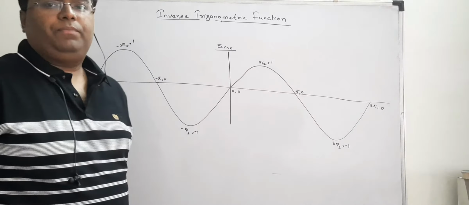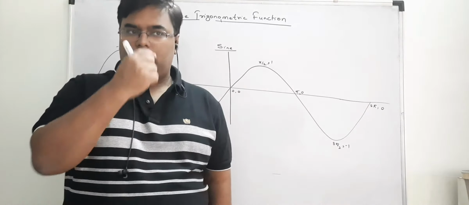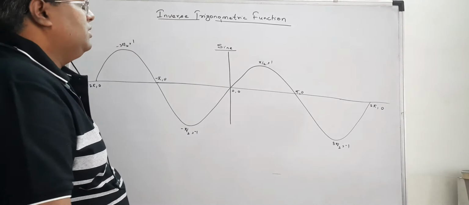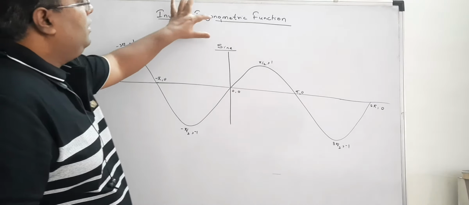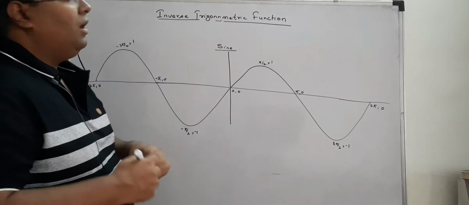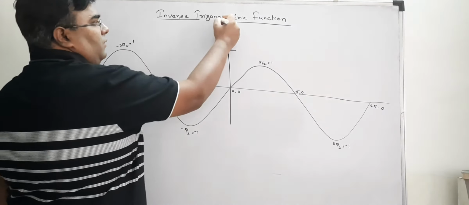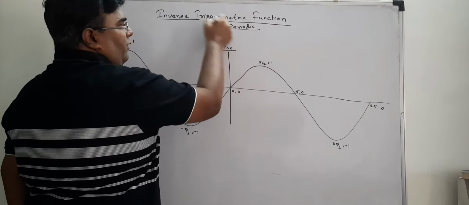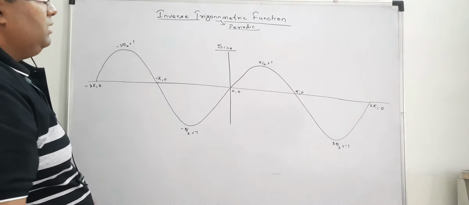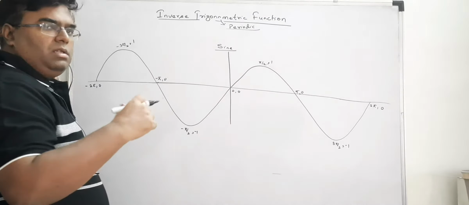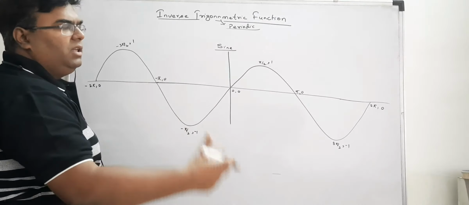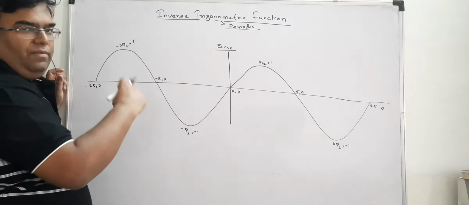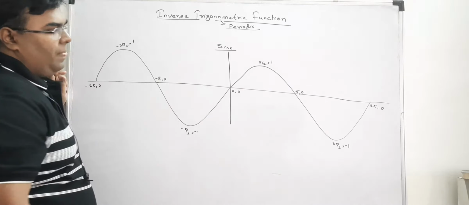Okay, hello students. In this video, we will learn how to make trigonometric functions into inverse functions. We know that trigonometric functions are periodic functions. What is the meaning of periodic function? A periodic function means that the function will attain the same value many times after a certain period. For example, if we take the graph of the sine function, it is like this, the sine curve.